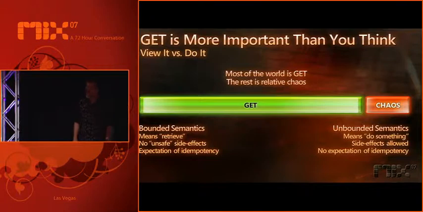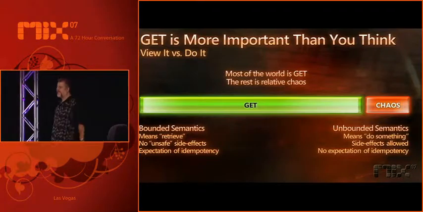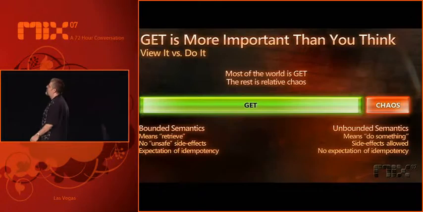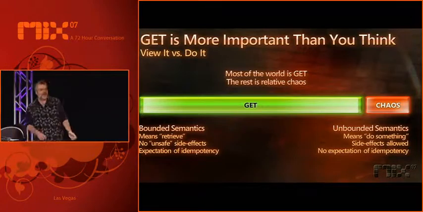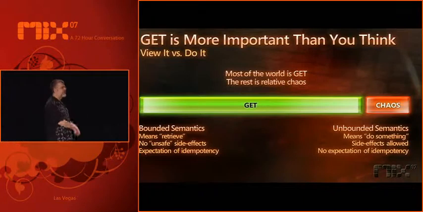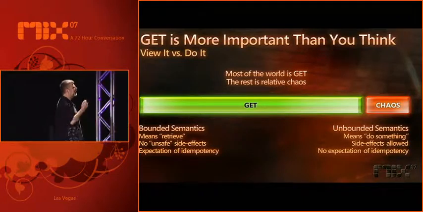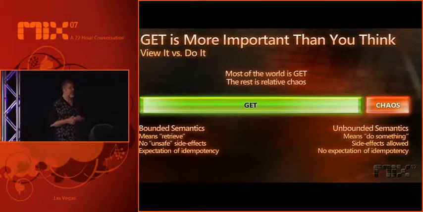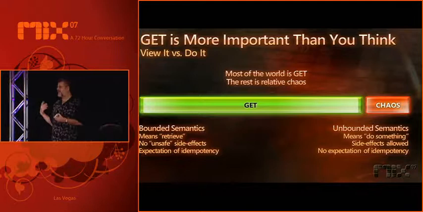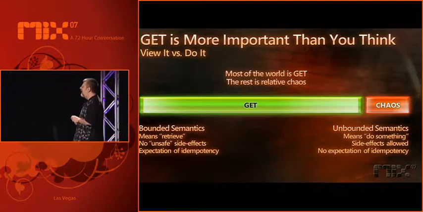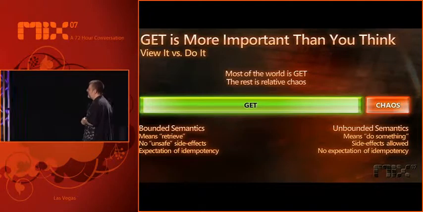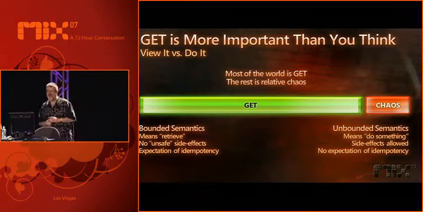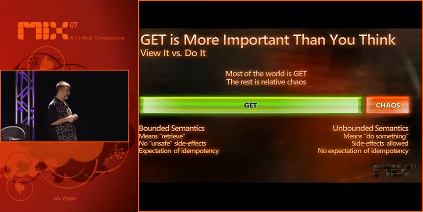However, what if my app needs to do things that don't fall into that bucket? Like, what if when you talk to my service, I actually want to charge you money or move money from one bank account to another or cause new files to appear in the file system that you would actually care about and want to see later on? Or maybe do things that aren't idempotent. That is, maybe I want to implement something that increments the stock price every time you ask me. And in that case, it's definitely not an idempotent operation. For this, we need a backdoor. We need an escape valve out of GET to be able to go do those things.